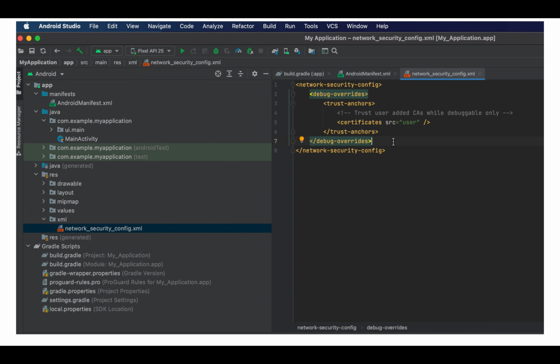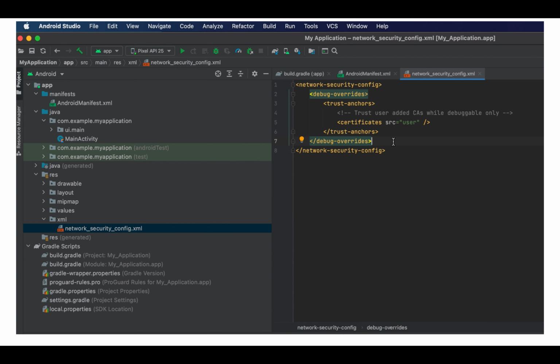So go to your application. Create another folder inside the resource directory, that is xml, and there I have created one file known as network security config. This is the code that I have written for that. Trust anchors, and inside that certificates with src equal to user, because the certificate we have installed is a user certificate.